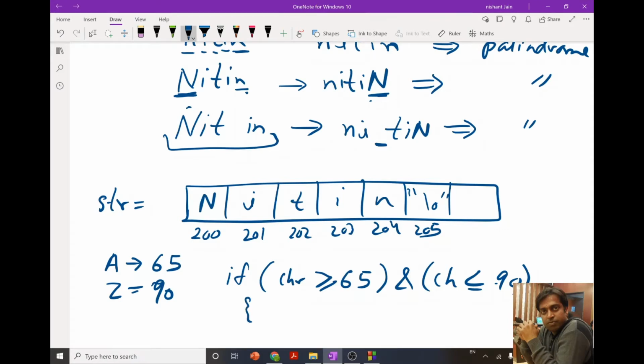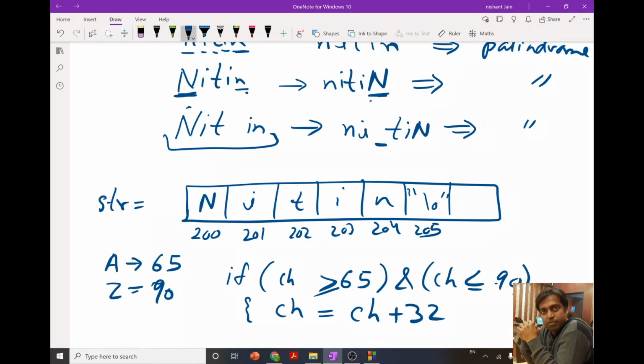In that particular case, we can increase the value of the ASCII code of that character by 32.